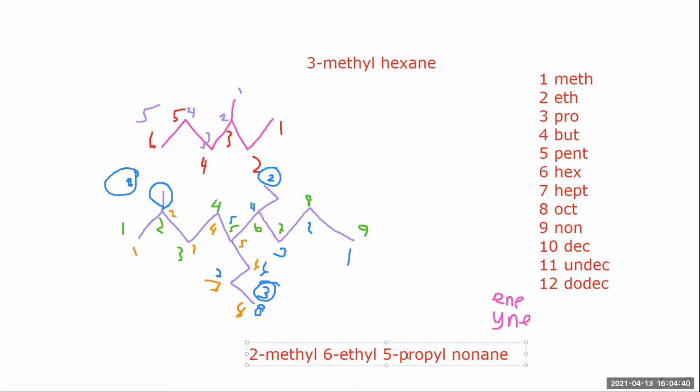I have a clarification question. For those numbers in the front, like the 2, the 6, and the 5, when it comes to hydrocarbons, we're going to be using, in this case, the green numbers, which is the longest carbon chain. Yep. And then that tells you what is going to be branching off. Yep. So does that make sense? Yeah.